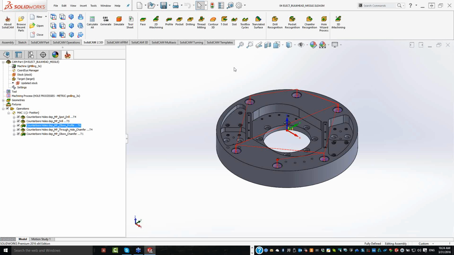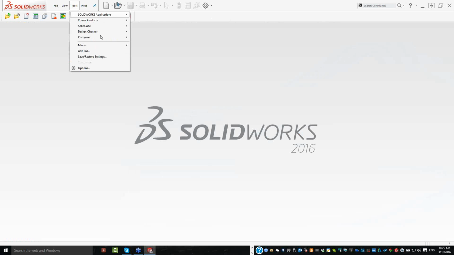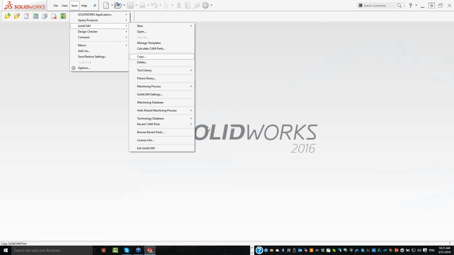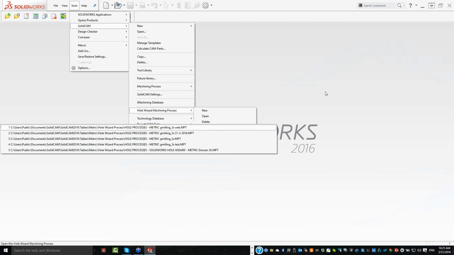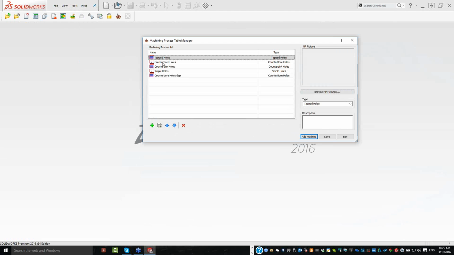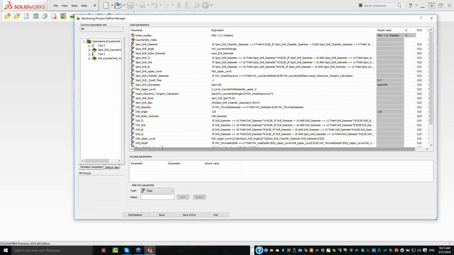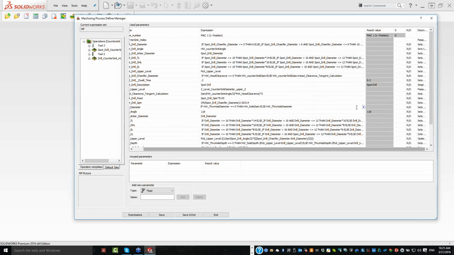And we also made a little more protection in the processes. Now, just one more thing, what do I mean by protection in the processes itself? If I were to open up the process that I just edited, okay? Take, let's say, for example, countersink holes. I'm going to open that up. If I were to go into, say, a particular type of